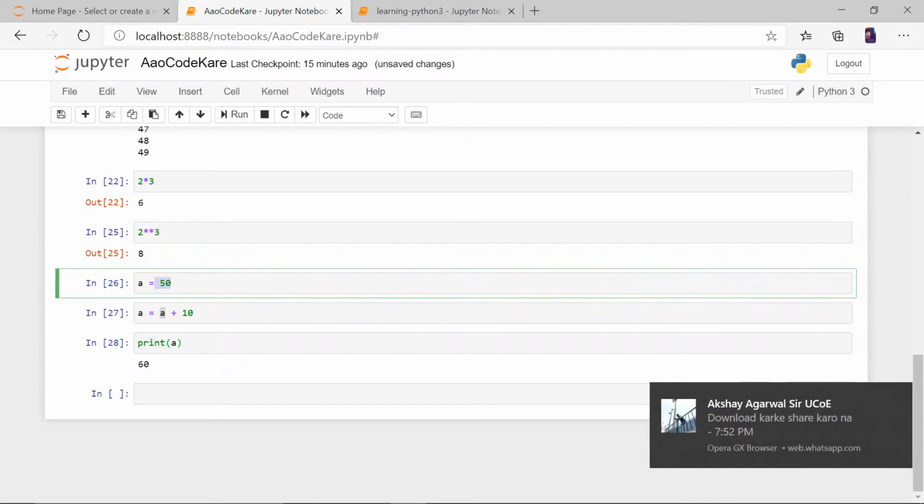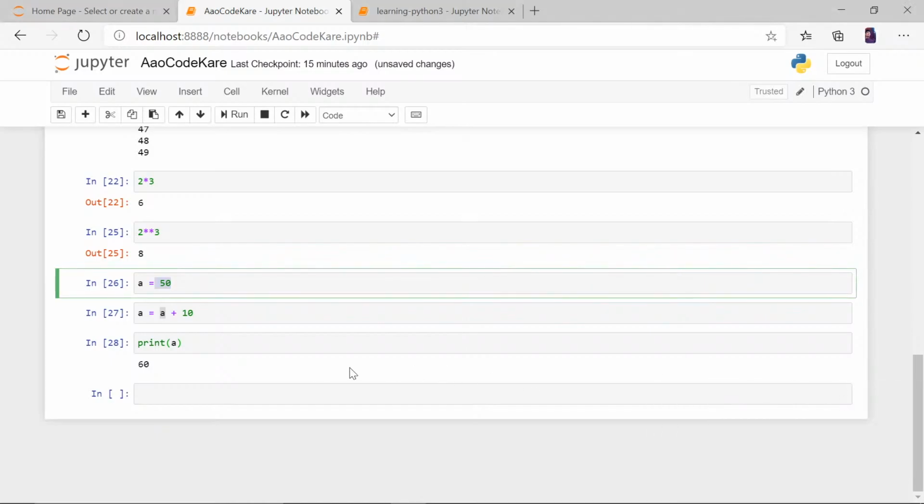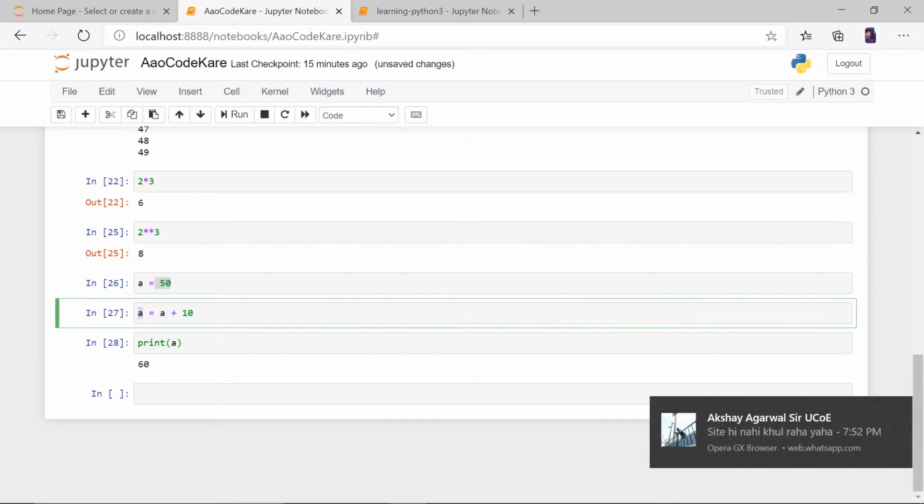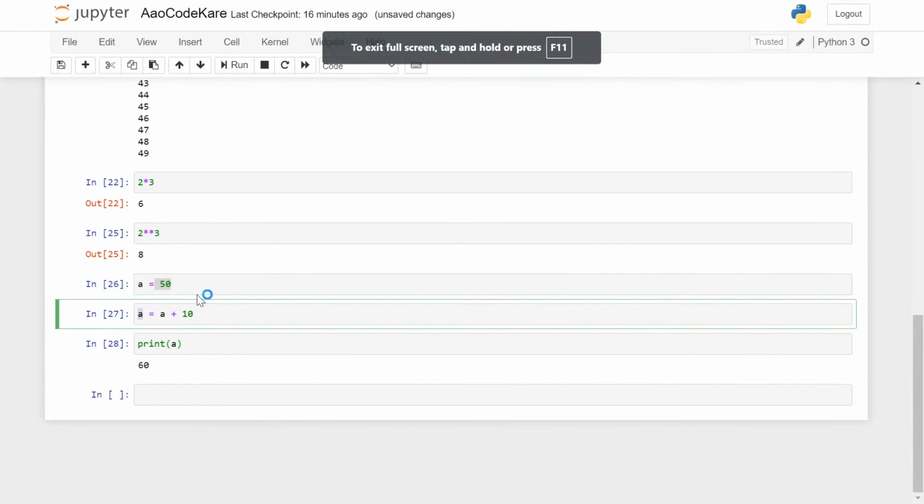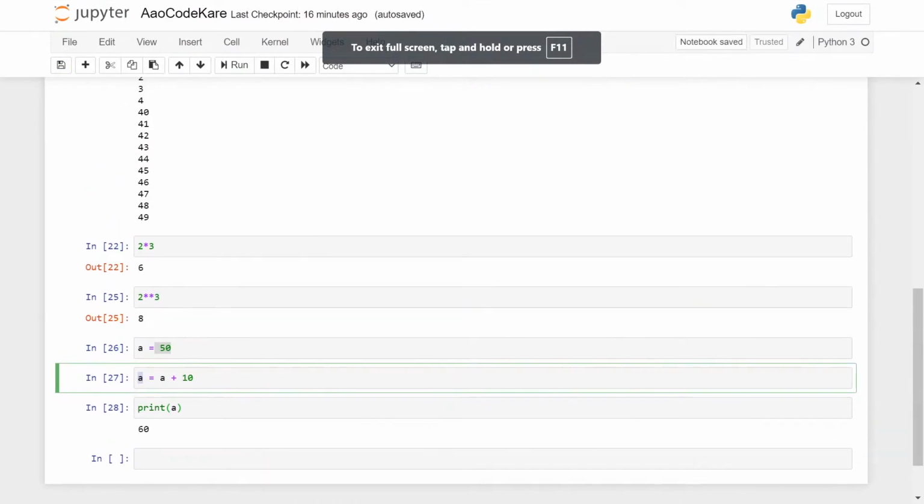So 50 plus 10 is now stored in a again. This is called reassignment. We assigned it first, and then we assigned it the next time, again, but in the same variable.